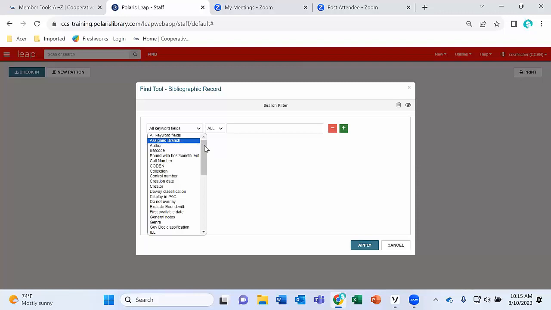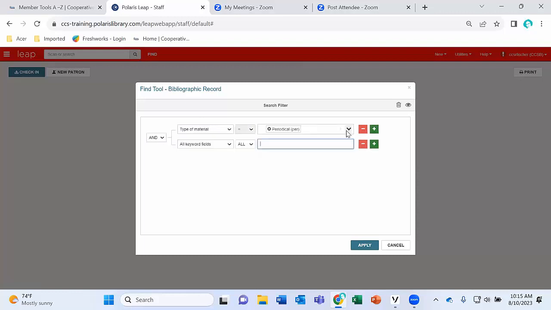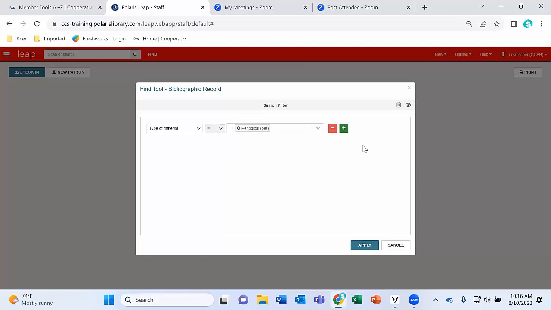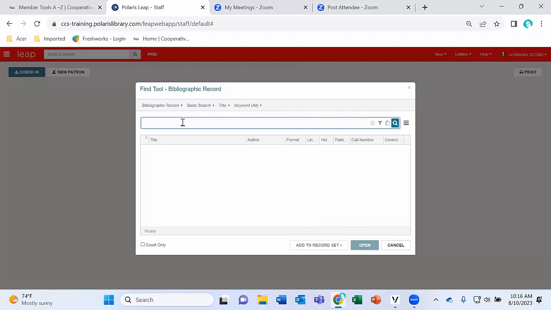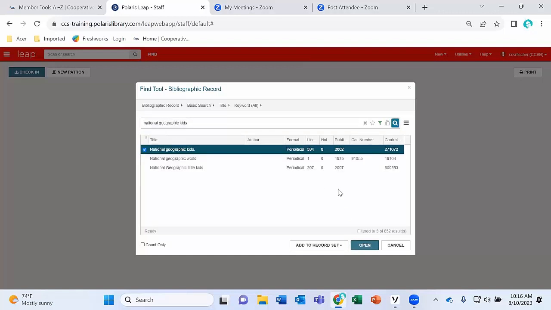So I'm going to filter by type of material. You can add as many filters as you'd like. I'm going to select periodical. To add another filter, you can just press the plus symbol and use Boolean operators of and, not, or. I'm just going to use the one type of material today and press apply. And I'll search for National Geographic Kids